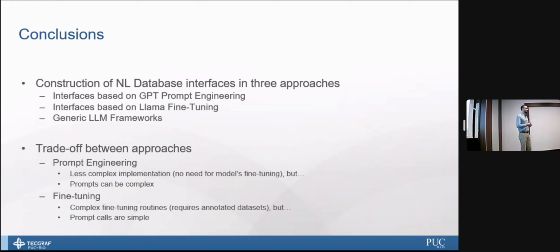While with prompt engineering the implementation is less complex, since we don't need a data set and we don't need to provide a fine-tuning routine, the prompts can be quite complex and quite long as well. It's going to be a real problem. And for fine-tuning, the fine-tuning routines can be complex, and it can be very expensive and time-consuming to construct these data sets. But the prompt calls are very simple, since we don't need to provide any information that was already provided